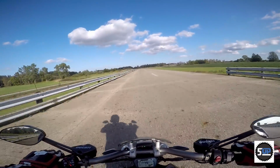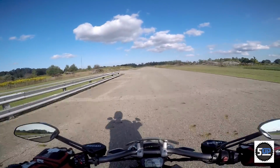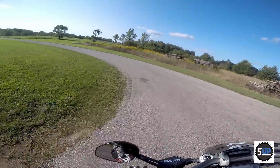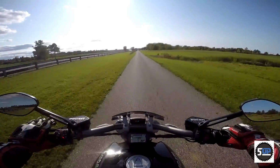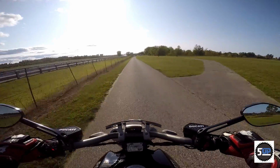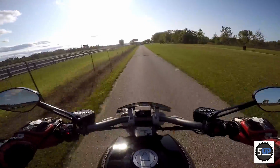Not bad. This bike feels fast. It really does. God, it stops so much better than the Rocket. The Rocket isn't that bad, but this thing turns easier. And it appears to accelerate better. The chassis feels better. The Rocket's old news, right? I mean, that's a muscle bike. This is,